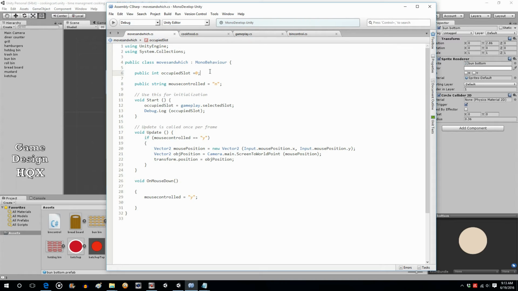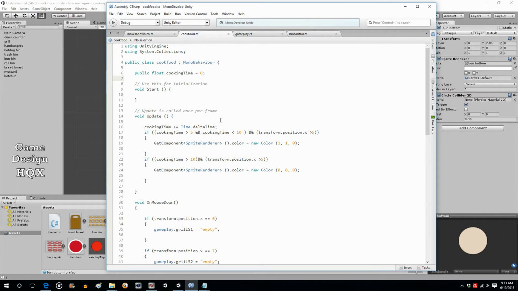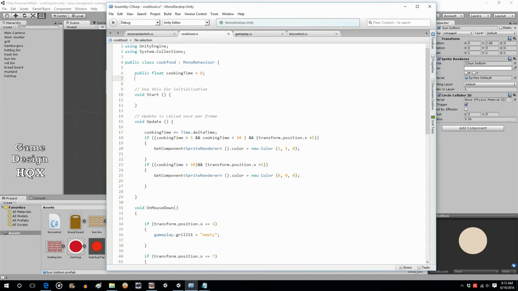So now what we need to do is basically just rinse and repeat. We need the hamburger to acknowledge that as well. So cook food is attached to the hamburger. So when it gets placed on the cutting board, it also needs to accept that selected slot value. So we'll also create public int